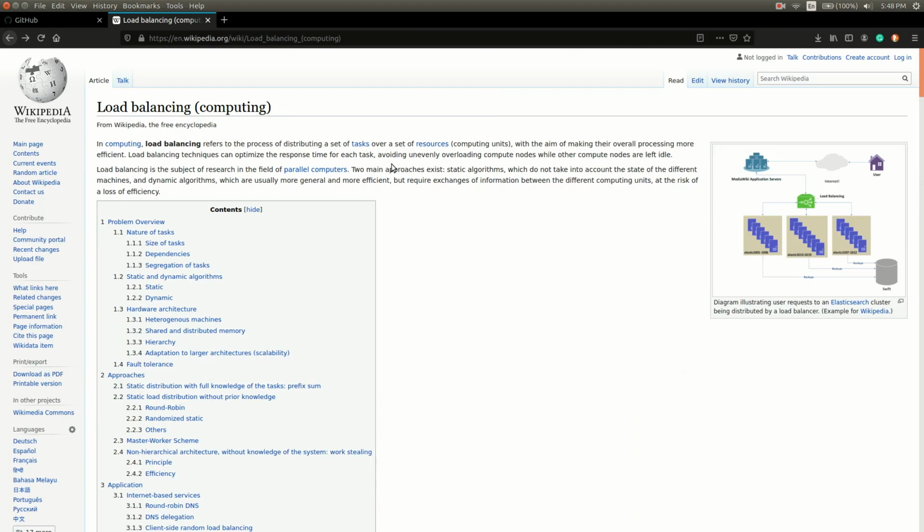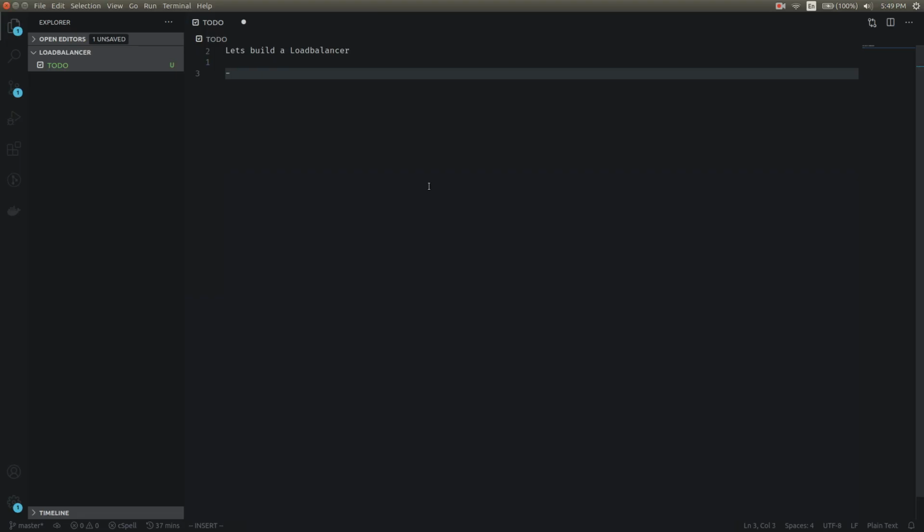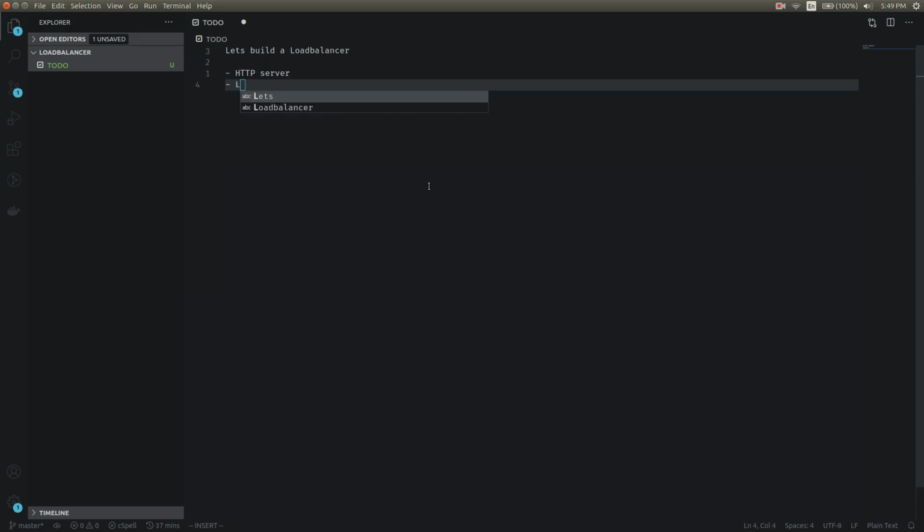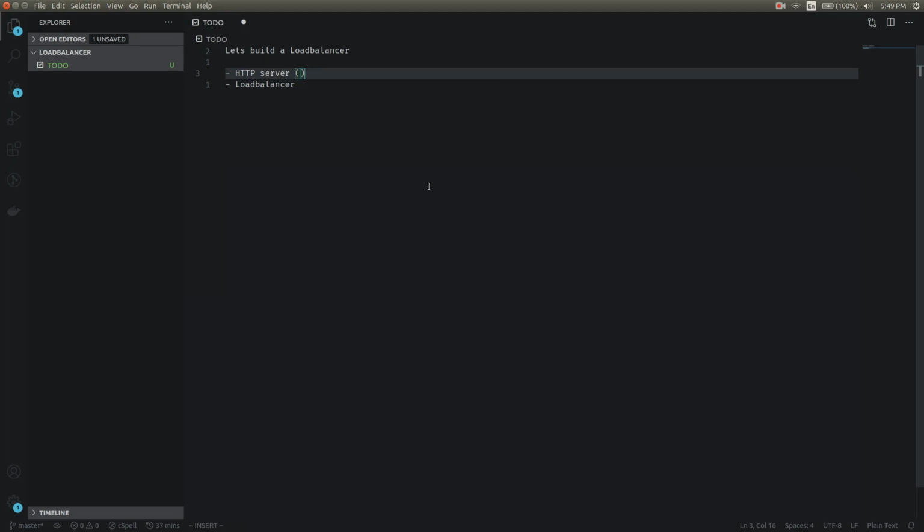So let me list down what all I'm going to cover in this video. Firstly, we need to define tasks. So for our task, I'm going to build an HTTP server that will just return the name of the server itself. Secondly, I'm going to build a load balancer. To demonstrate this, I'm going to create, say, 5 HTTP servers and 1 load balancer. The load balancer will be responsible for routing the request to one of those HTTP servers. Since these HTTP servers are responding with the name of the server, we will know which server the request went to.